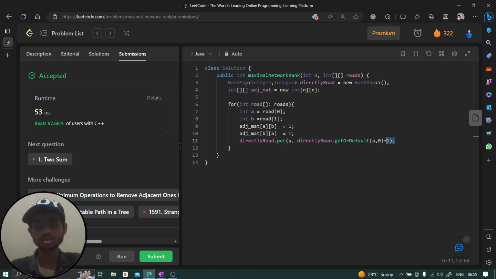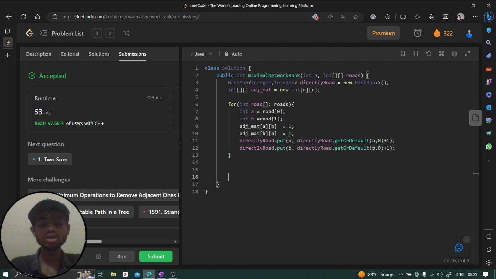I hope we are getting this one. So let's copy this whole thing because we don't want to write this much again and again. So I will say simple here. If you are inserting first time, you have to take 0 value, otherwise take that value and increment by 1. So once we have pre-calculated both these things, adjacent matrix and directly road, then we are going to find